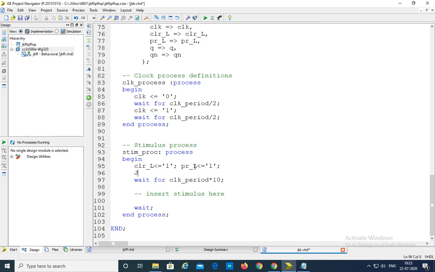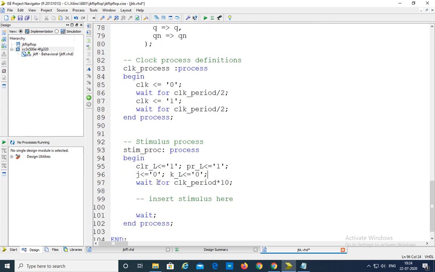If these two are ones, then I am applying j is equal to 0. Here I am not able to use k directly. Why? Because k underscore L is our input. So that's why k underscore L is equal to 0. We are writing here. Now observe here carefully. What is the meaning of j is equal to 0, k underscore L is equal to 0? It means, what is k here? K is not of k underscore L, that is 1. So for the 0, 1 combination we will get the output at this point.